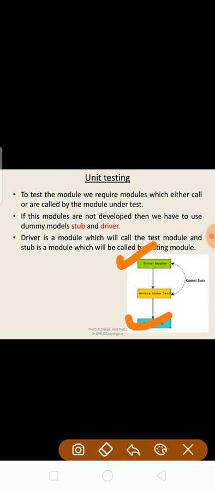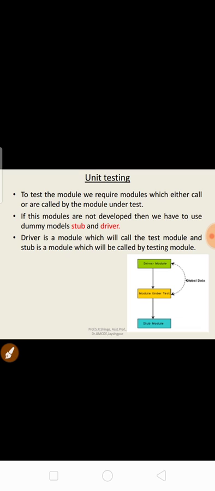The driver is a module which will call the test module, so this driver will call this test module. And a stub is a module which will be called by the testing module.